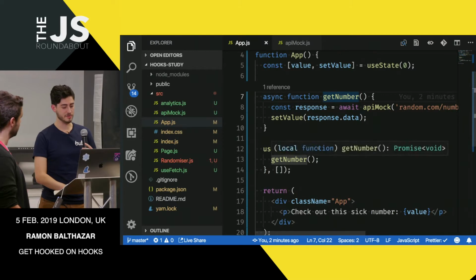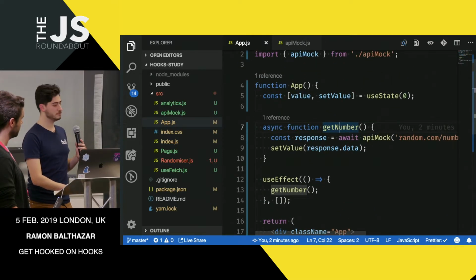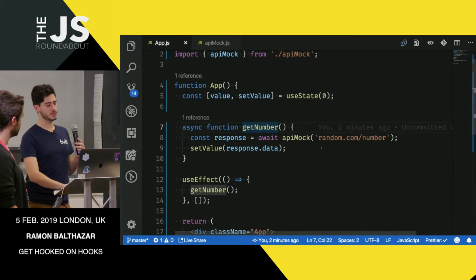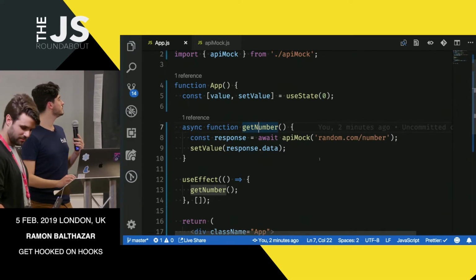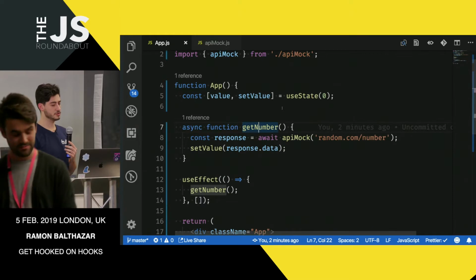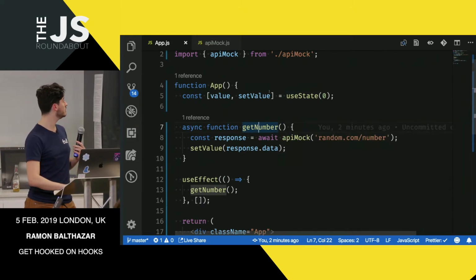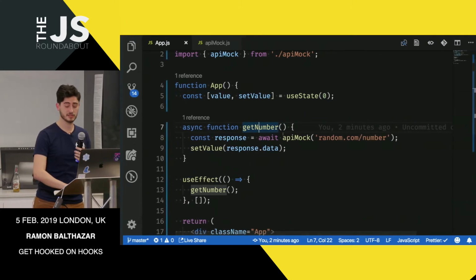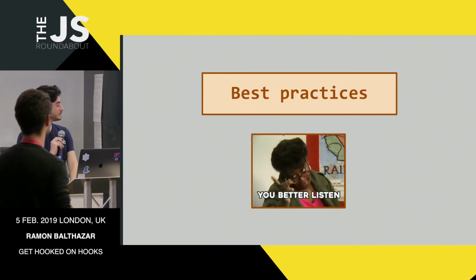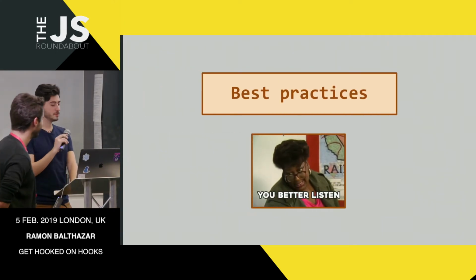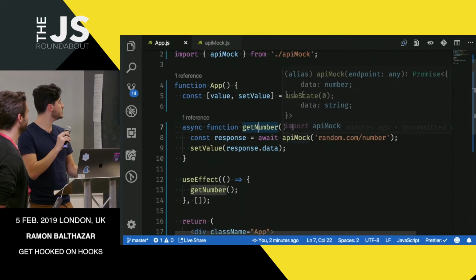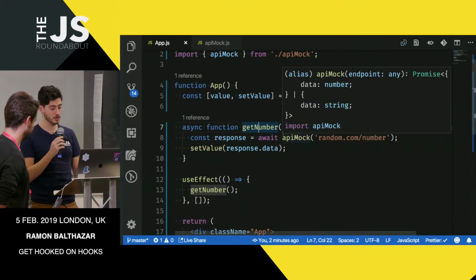And these things, when I needed to do it in a class, would be attached to lifecycle methods or to state definitions. But not here. Now I'm going to show you that you can extract this and create your own hooks.